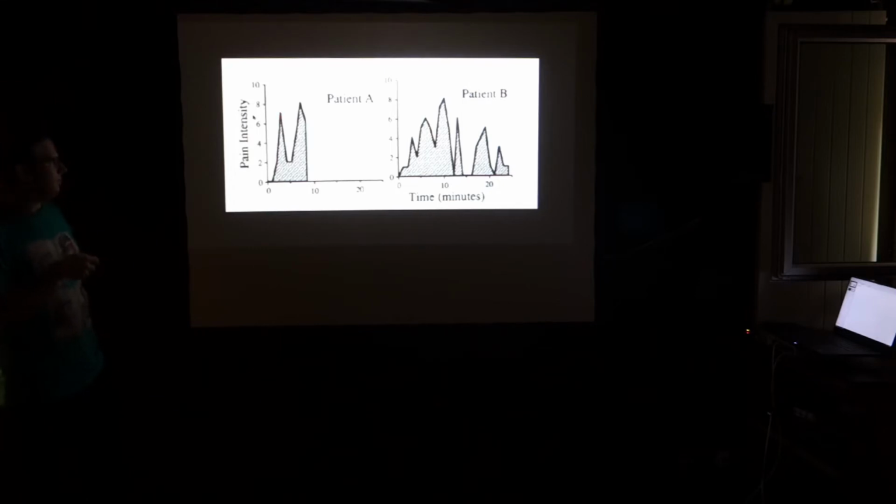Now, when you compare these two persons afterwards, if you ask them, how did the colonoscopy feel? How terrible was it for you? How would you evaluate the pain you experienced during that period on a scale from 0 to 10? What happens,